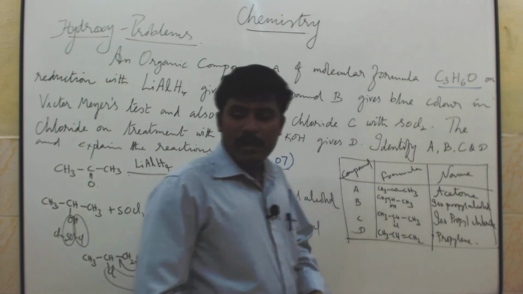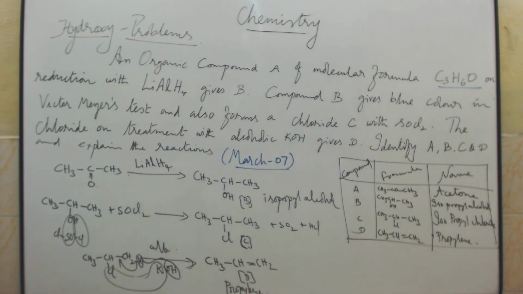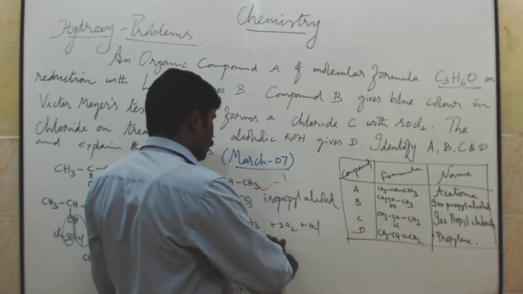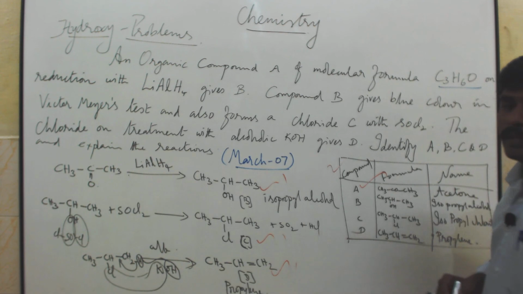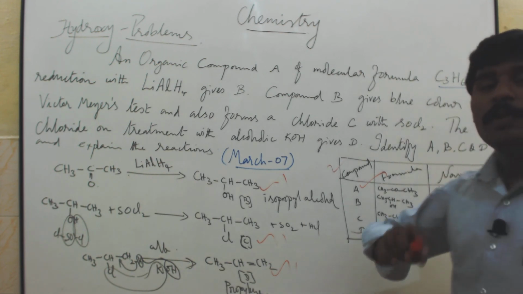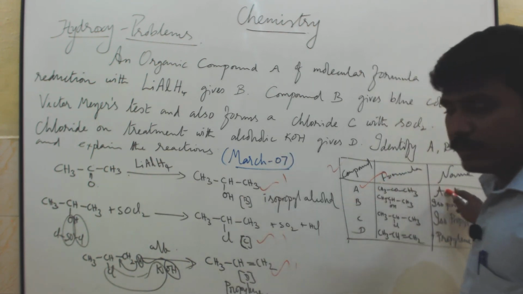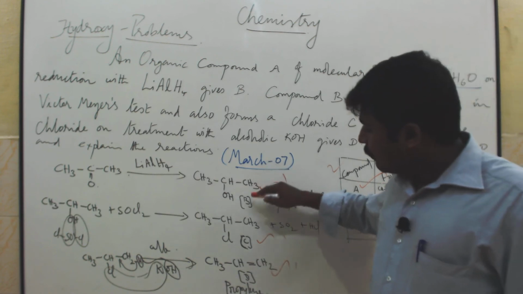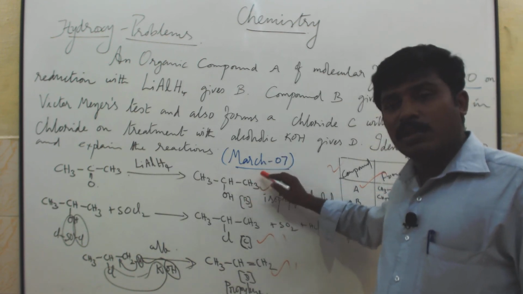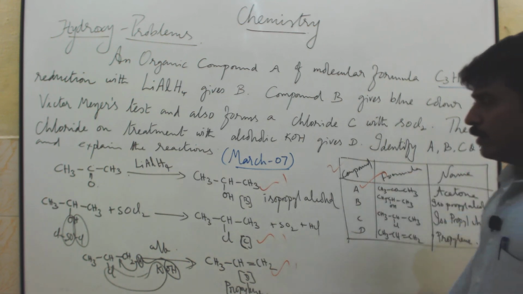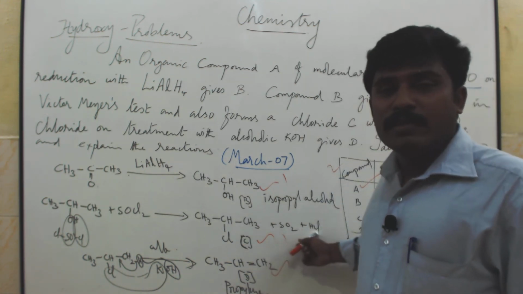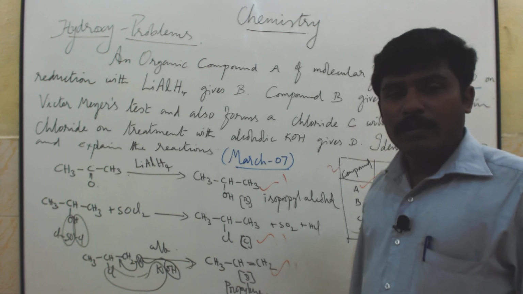Okay, so for the equation part, 3 equations carry 1 mark each. This tabulation alone carries 2 marks, altogether 5 marks. For all the problems you have to write the tabulation again. If you have identified the name here also, you have to write again either the name or the formula, then only you get full marks very easily. Are you able to understand, students? The easiest problem. Okay, thank you.